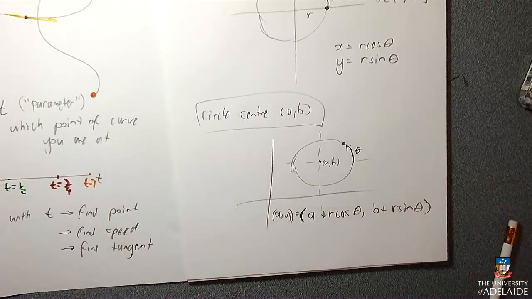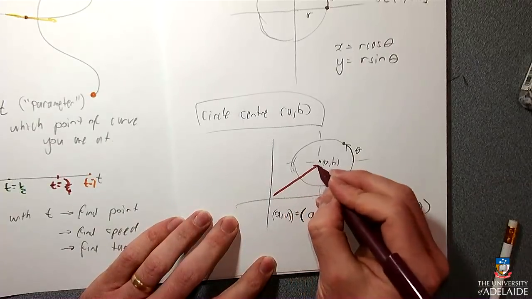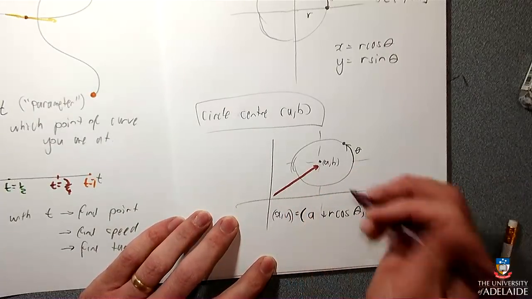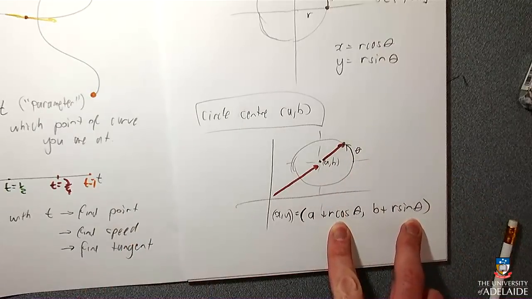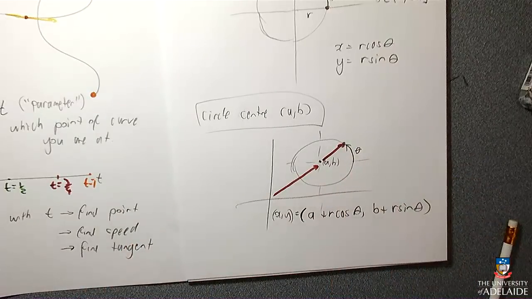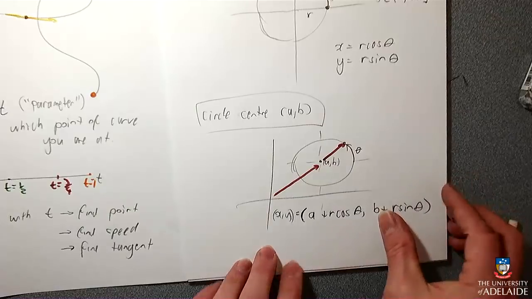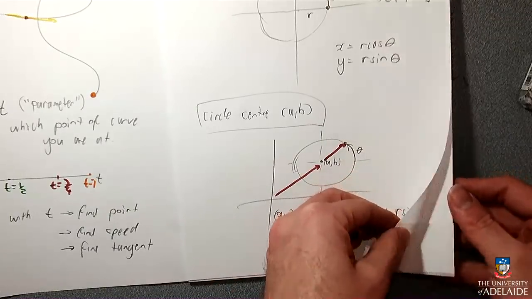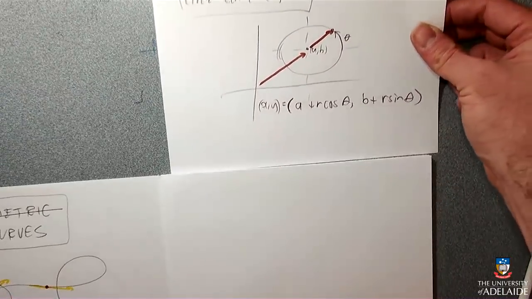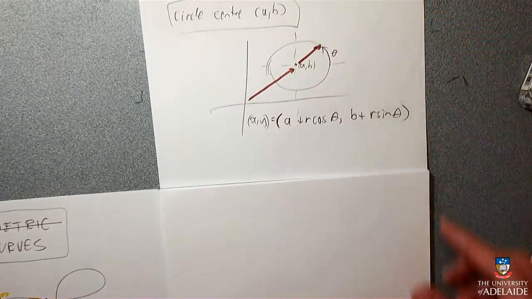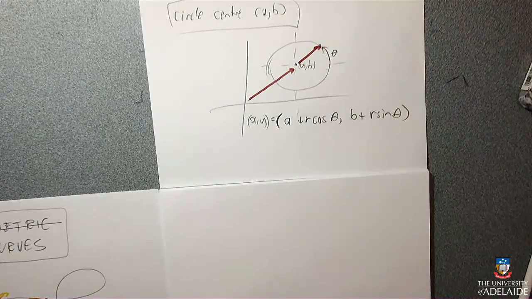And what most people think about that is they do it in vectors. They go, there's a vector that gets you here, which is the vector AB, and then there's a vector that gets you here, which is the vector r cos theta, r sin theta. I don't know if this is important, I just wanted to show you how you could do some of these things. Just in case, if you've seen it, then when you see it again, it won't be so bad.